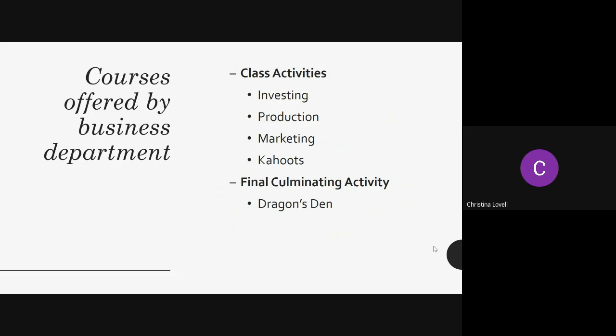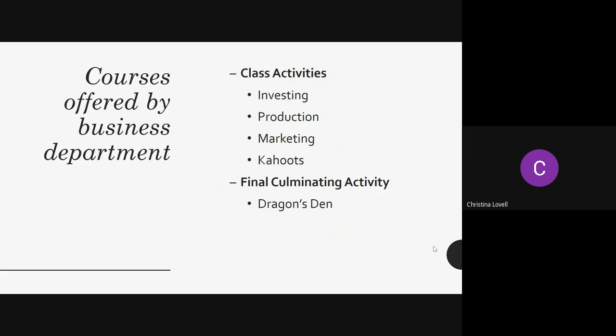Some of the activities that we've done this year include investing, where with our assignment, students choose a company, then we track their stock price, and we've seen them fluctuate the whole time, given this recent pandemic. We also market unmarketable goods. How do you sell something that's very different? What skills do you have to apply? And we utilize Kahoots a lot throughout the semester to help consolidate understanding of the concepts being taught.